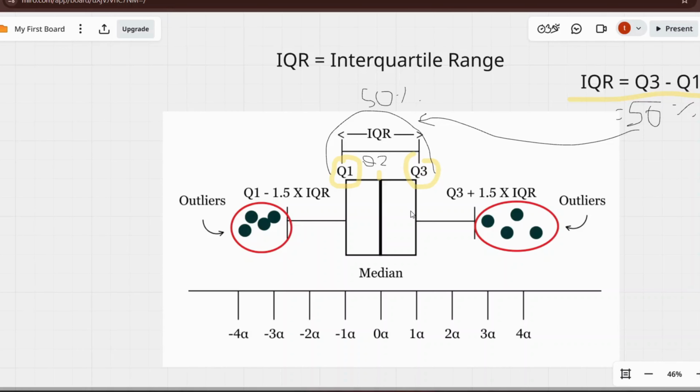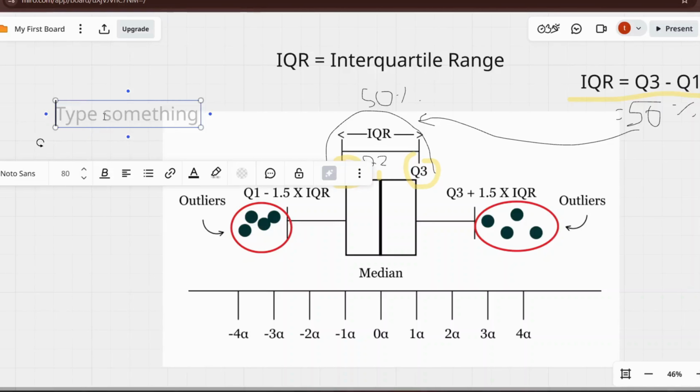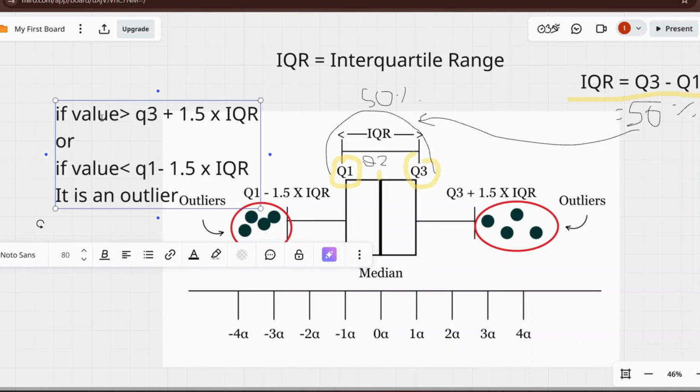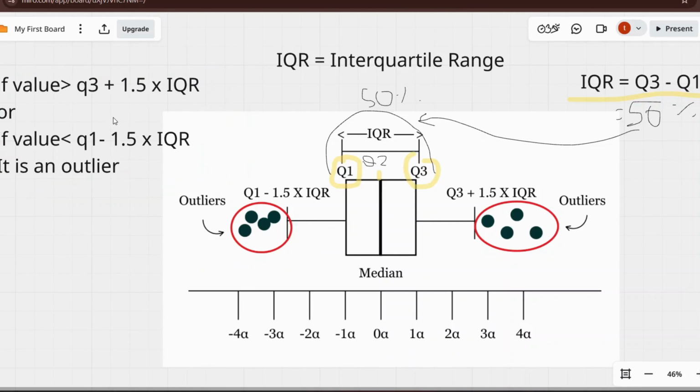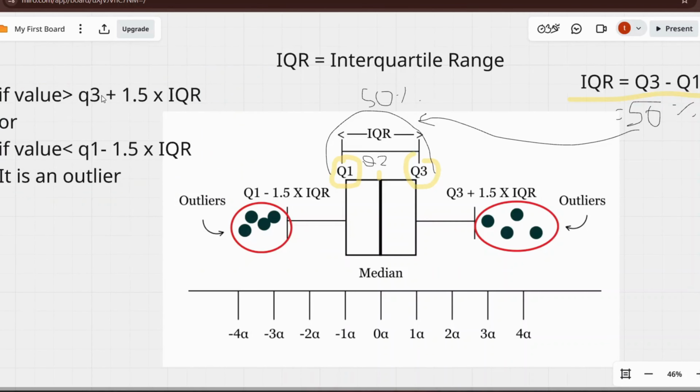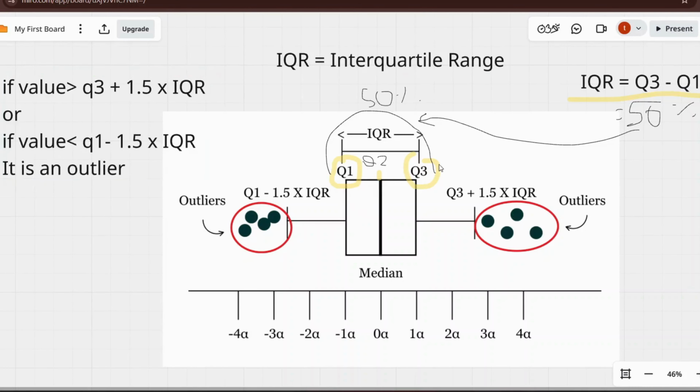I will show you practically, but before going to that, let's delve into how we can detect outliers using the concept of IQR. So I will write an equation over here. It will help you understand how to detect outliers using this graph. This is the equation, and it tells that if the value is greater than Q3 plus 1.5 times IQR, or if the value is less than Q1 minus 1.5 times IQR, then it is an outlier, which simply means that, imagine,